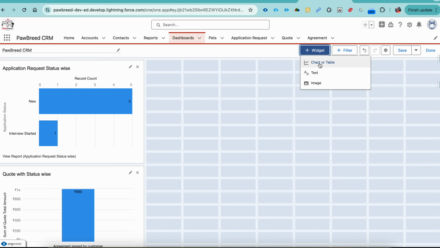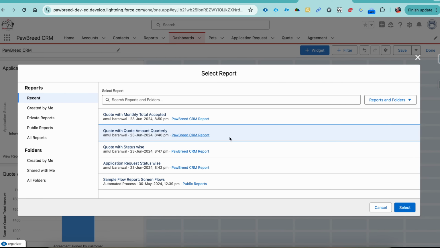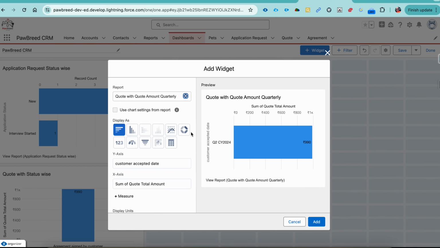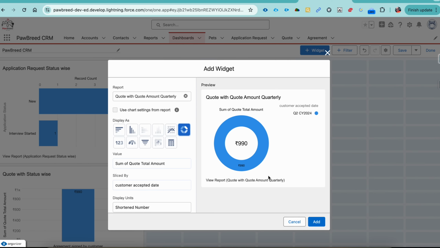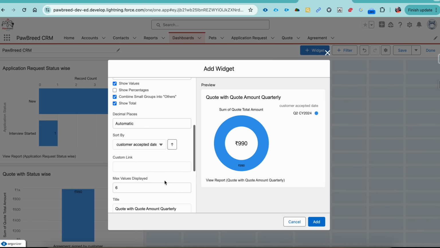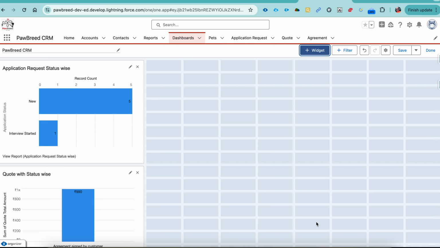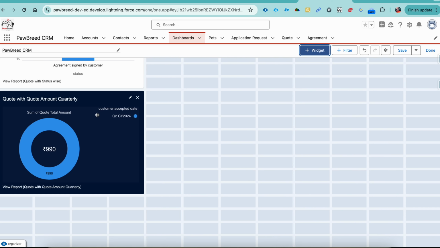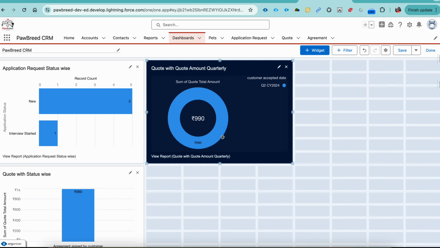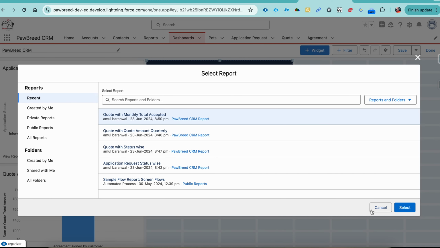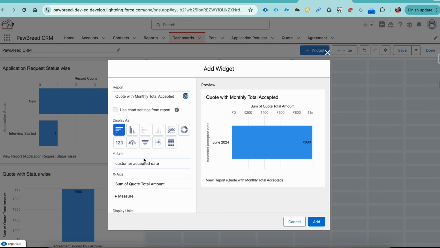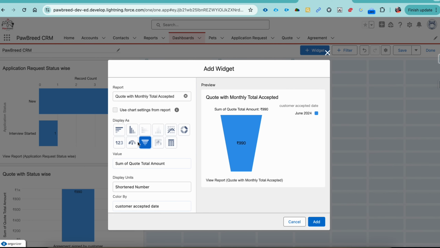Let's add another widget. This time our quarterly quote. This time I'm looking for the gauge report or pie report actually, and then put on add, and then you can also set here. Now look for another one called monthly. In monthly we are going to use